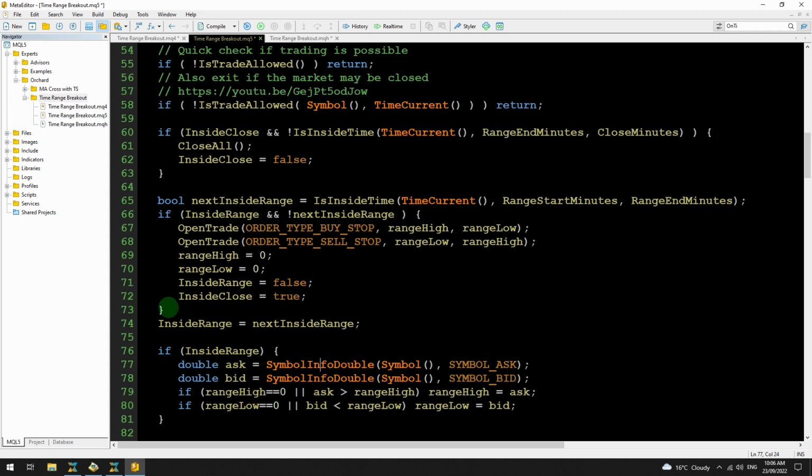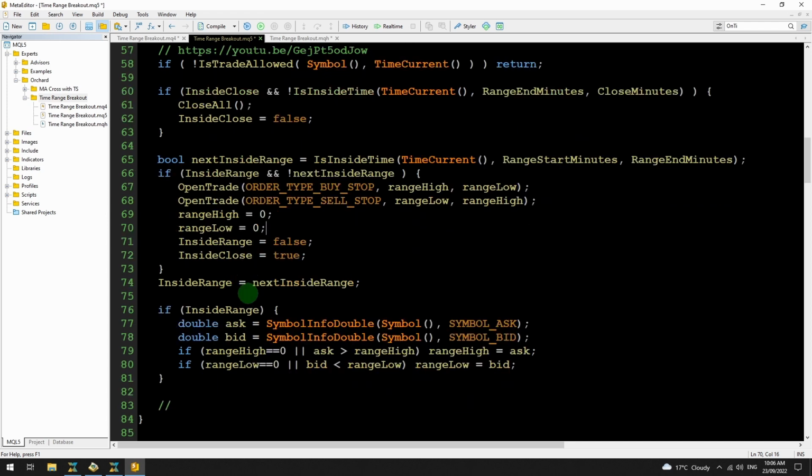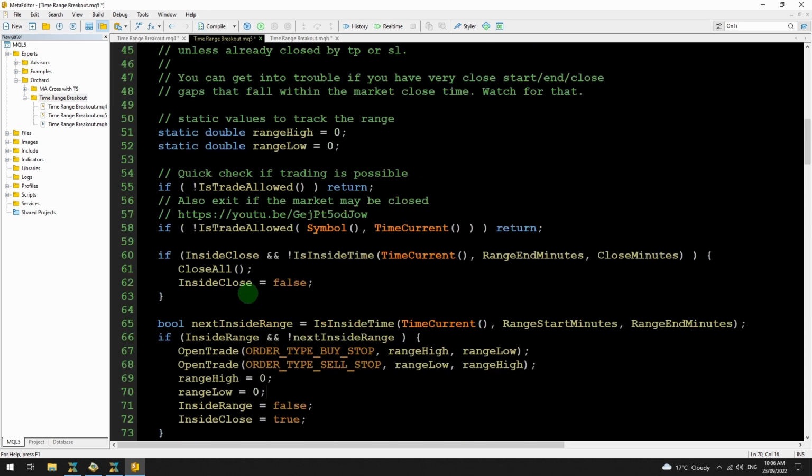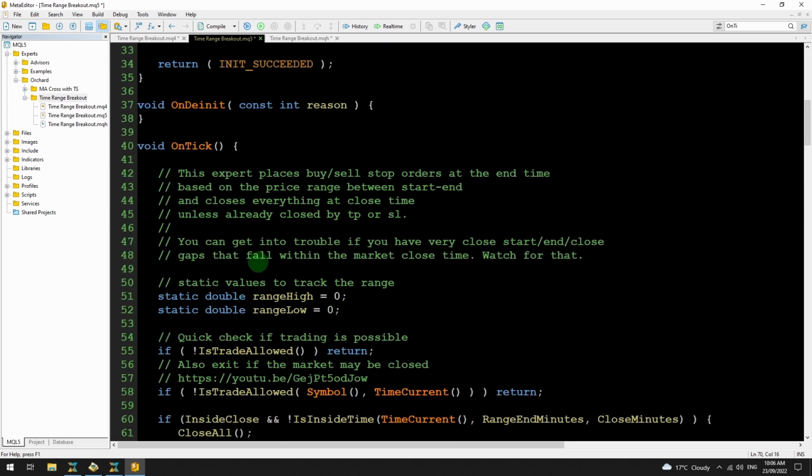Now there are a couple of functions that I haven't shown here because I wanted to get through everything that happens in OnTick. So there's the open trade function and the close all function. I'll get to those in a moment, but the reason I wanted to get through everything in OnTick is that now with those changes, and because I'm not using any technical indicators, this OnTick function is actually common between MetaTrader 4 and 5. So I'm going to take all of this